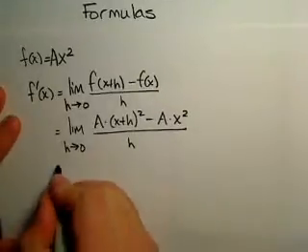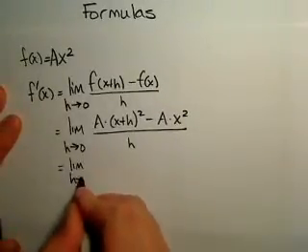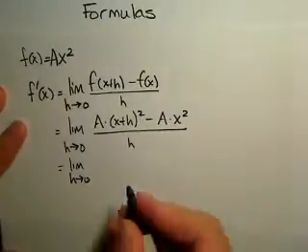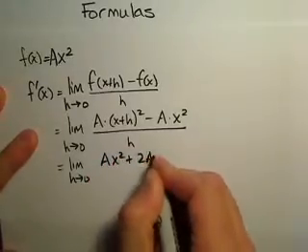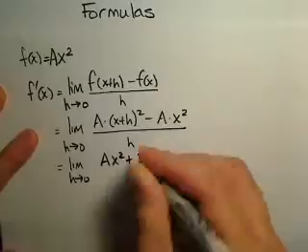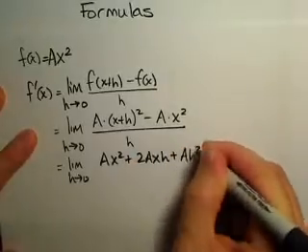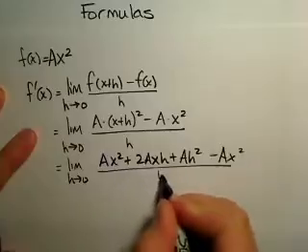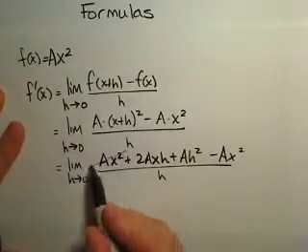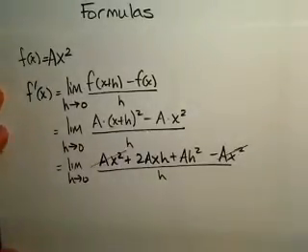And then one way you can go about doing this is you expand out this (x plus h) squared and distribute the a: a x squared plus 2a x h plus a h squared minus a x squared, divided by h. This a x squared and this a x squared add up to 0,